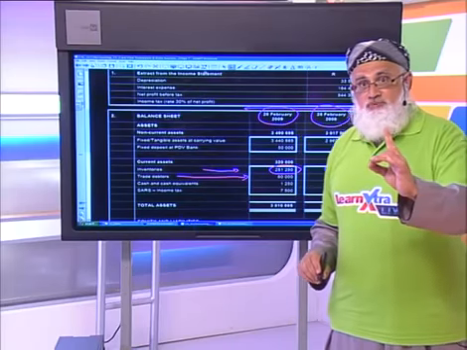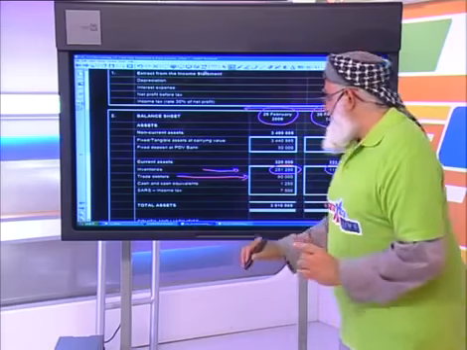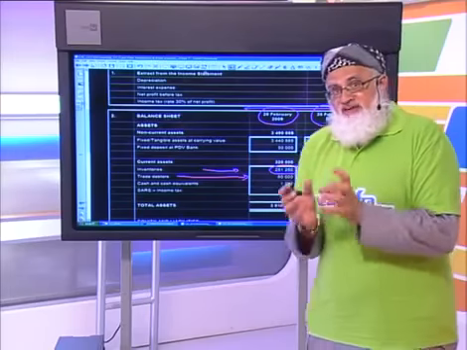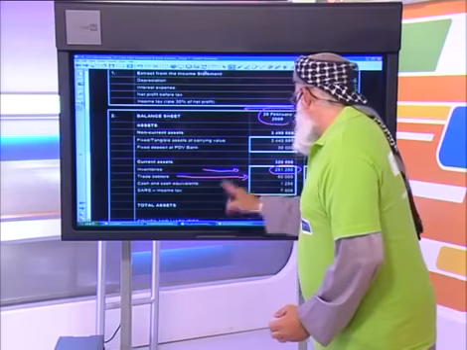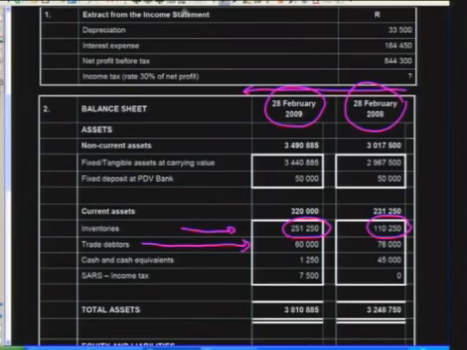Now notice in this particular question here, notice that your SARS income tax is not part of your trade debtors or your trade and other receivables. In other words, they've given it to you separately, so you don't have to do the exclusion. All that you do is you look at your trade debtors and you say, fine, my debtors were 76,000 Rand, right? Remember, beginning of the year, they were